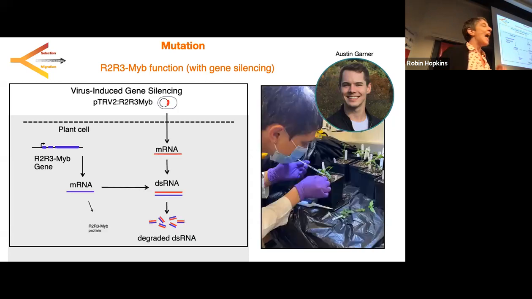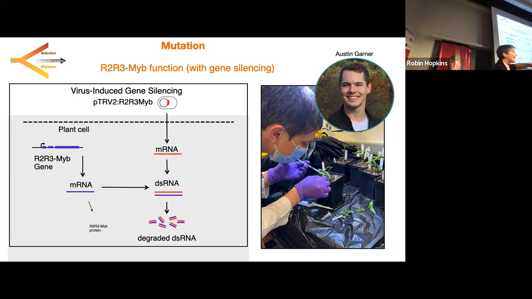gene silencing, VIGS, actually infects a plant with a virus that expresses a little portion of the gene you're interested in silencing. And it makes a sense and an antisense copy that then form a double-stranded RNA molecule. Anyone who knows RNAi knows that double-stranded RNA molecule will then trigger an endogenous RNAi degradation mechanism to chop up those transcripts. This targets both the viral-induced RNA expression, but also the endogenous copy. So in this way, you can get the plant itself to silence a gene that you're interested in.